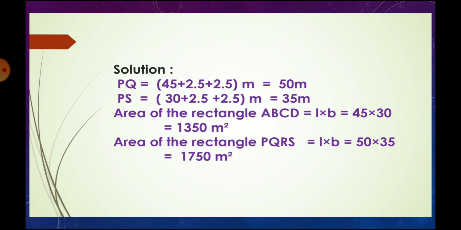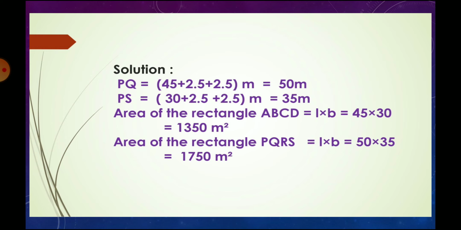So we should add 2.5 plus 2.5 with PQ and PS, I mean PS means the enlarged rectangle, that is the outside rectangle. Okay, so 45 plus 2.5 plus 2.5 is equal to 50 meter. Then 30 plus 2.5 plus 2.5,